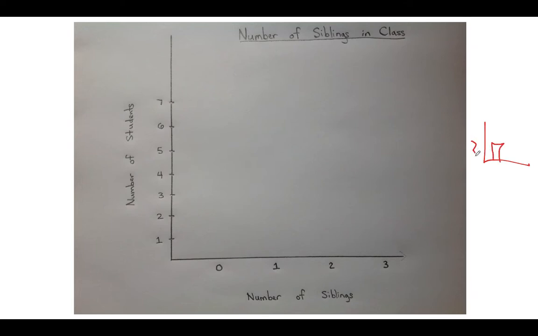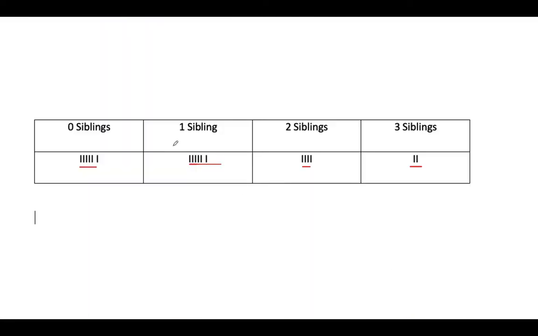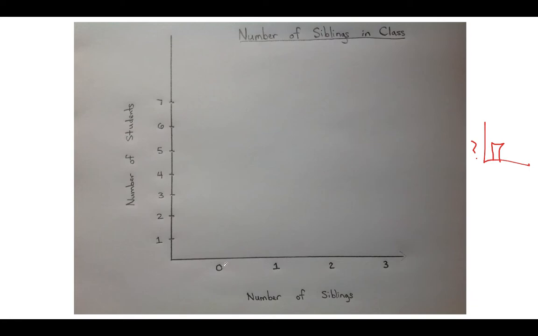I'm going to think about that maybe in a rough draft. And then once I have that really clear in my head, I can go and put it on my graph. Okay? So I decided to go with those categories here, which we saw if I go back to this slide: 0 siblings, 1 sibling, 2 siblings, and 3 siblings. Those are my different categories, 0, 1, 2, 3, number of siblings, and then the number of students in each of those categories is going to be here